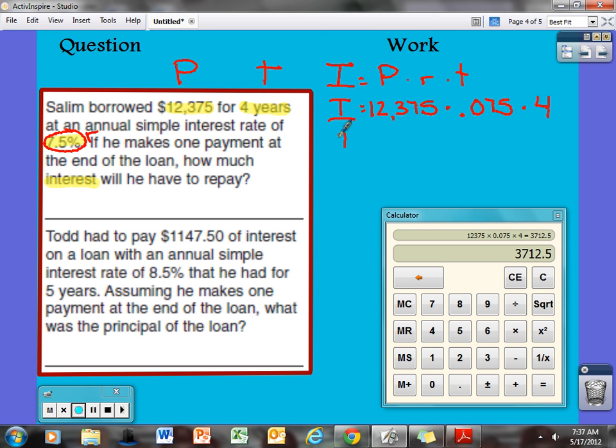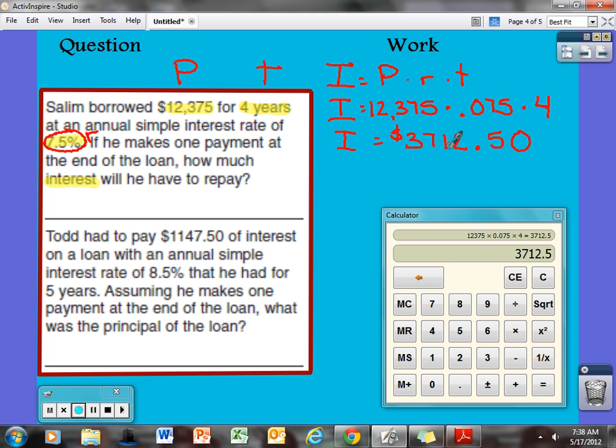I get I, or the simple interest, is equal to $3,712. And now here's my problem with some of you. You'll leave this as this. Remember, in money it takes out to the hundredths. This is to the tenths, so there's no number there, so I'll add a 0. So the interest that will accumulate on that loan is